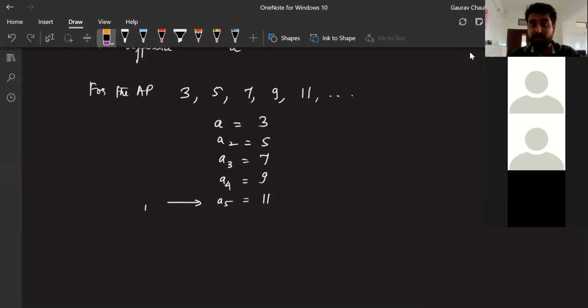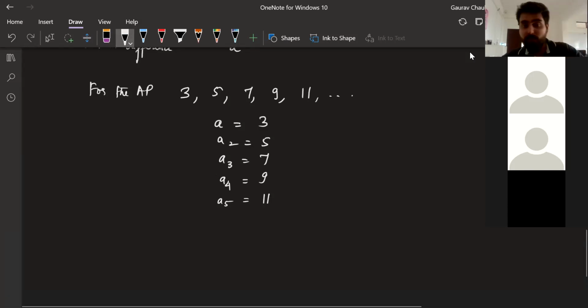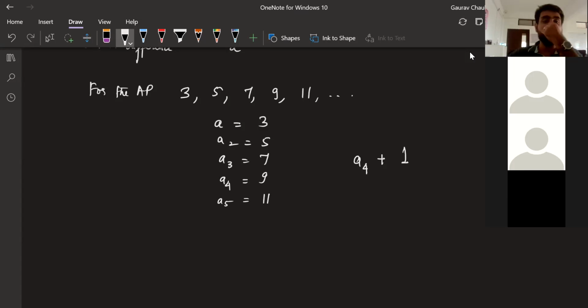Okay. Now, just to clarify, Mansa, what will be this one? Can you try? A4 plus 1. What will be here? Plus 1 is not part of the subscript. It's A4 plus 1. Sir, it will be 9 plus 1. Perfect, Mansa. A4 plus 1 is equal to 9 plus 1. That is equal to 10. Okay. This is different from this. And let's write this down actually. A of 4 plus 1 in the subscript is equal to A5 basically. That's equal to 11. These are two different things, just for showing that we're doing this.